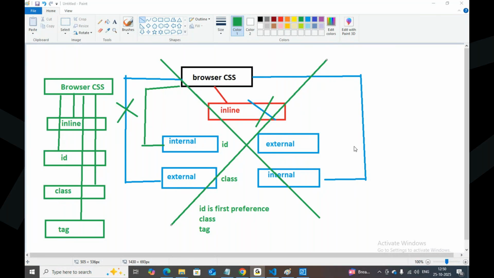I can understand. If we write down all the tags, ID, and class, it only gives first priority to the inline style. It does not consider the others. Yes, exactly. Even if we use all the tags on one page, only the inline style is considered. If inline is not there,